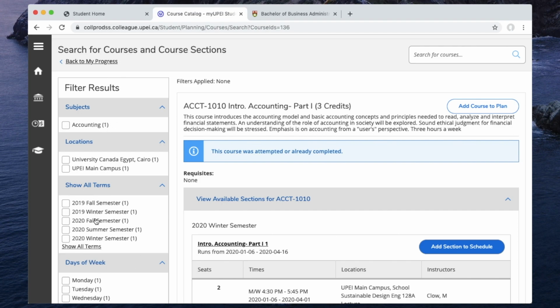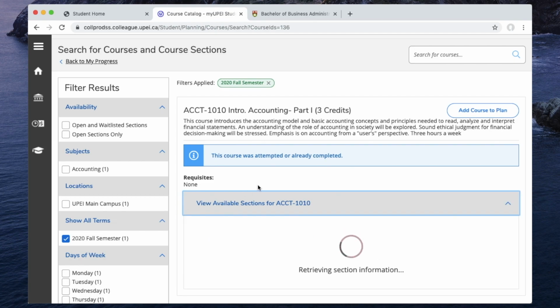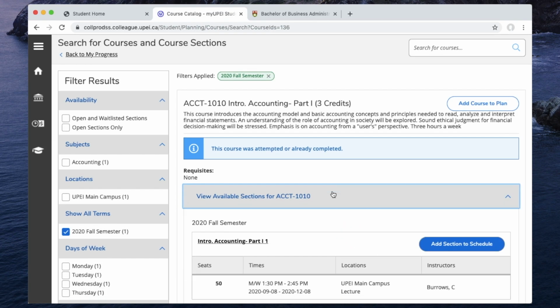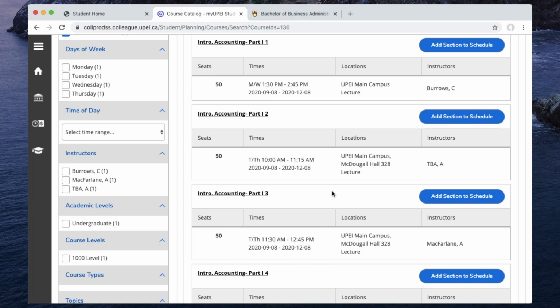So Joe Panther wants to take this in the 2020 fall semester, so I'm going to click on this filter. And then when you hit View Available Sections for the second time, it's only going to show you classes offered then. So you can see it's offered 1, 2, 3, 4 different times, and all at various times throughout the